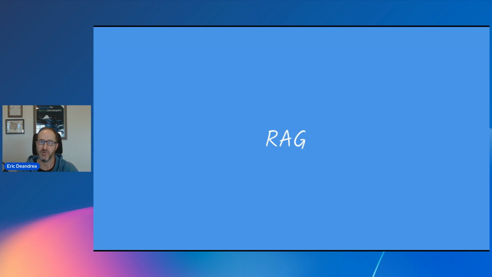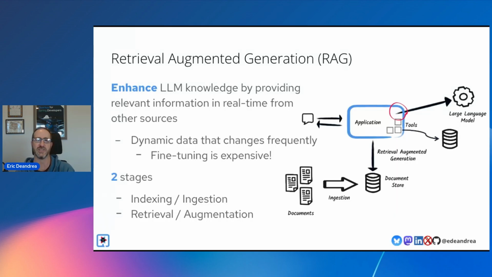So let's talk a little bit about RAG and what RAG is, because when I first started reading about it and learning about it, I was totally and utterly confused about the different things that you can do and the purpose behind it versus fine tuning models and whatnot. So what is this thing that's known as RAG?